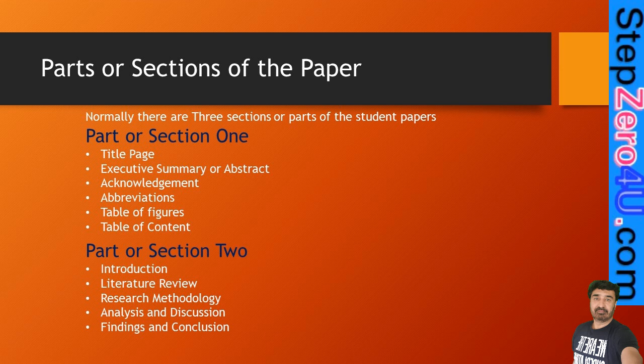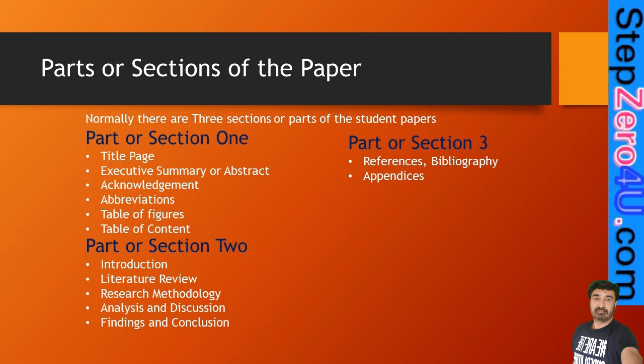The second part is the actual body of the report or assignment, and it contains the following 5 sections or chapters: introduction, literature review, research methodology, analysis and discussions, and findings and conclusions. In an assignment, all or some of these sections are main headings, and in a research report, thesis or dissertation, these are chapters. Most reports are required to use a limited number of words. For example, this limit could be 2000 or 20,000 with a plus minus 10% approximation. Words written before and after the second part are not counted or included in the total word count. Only words written in this second part are considered as the total number of words.